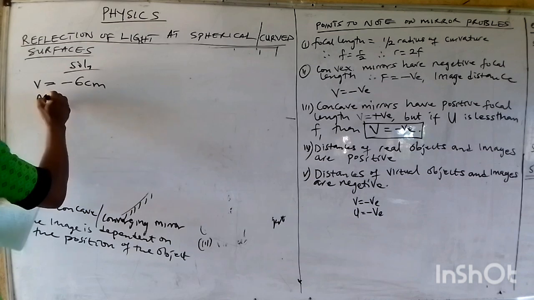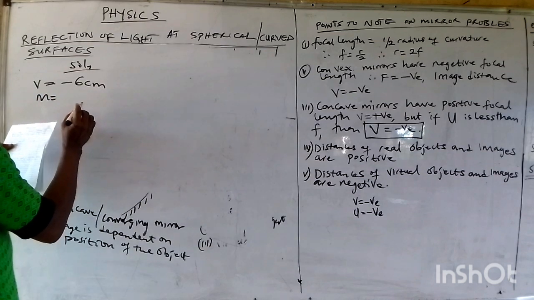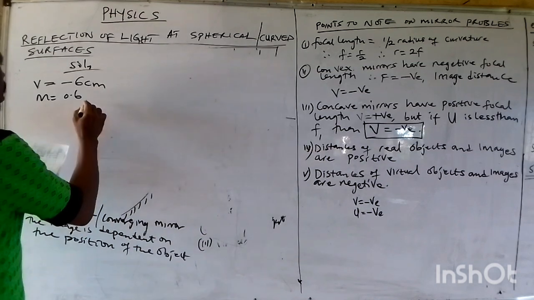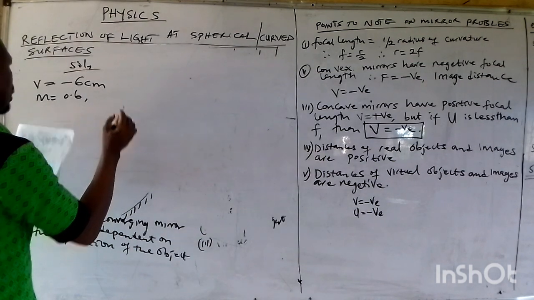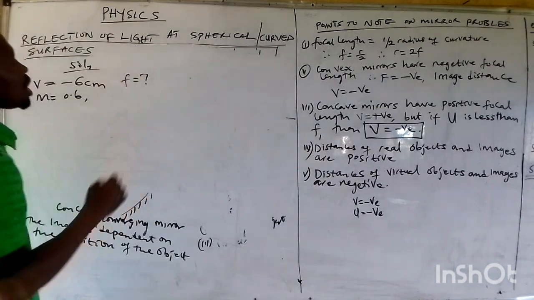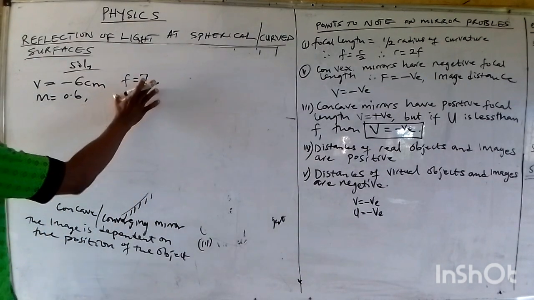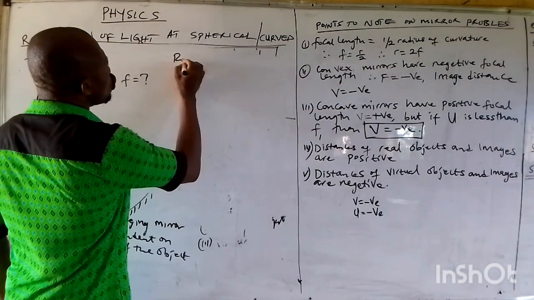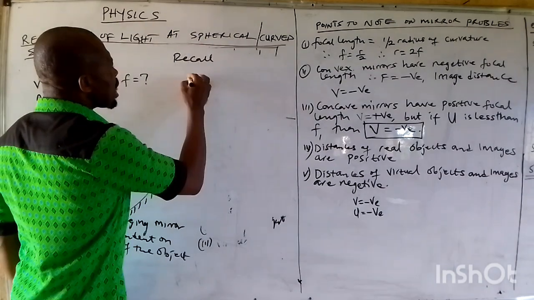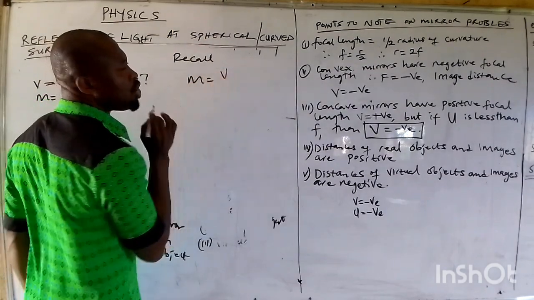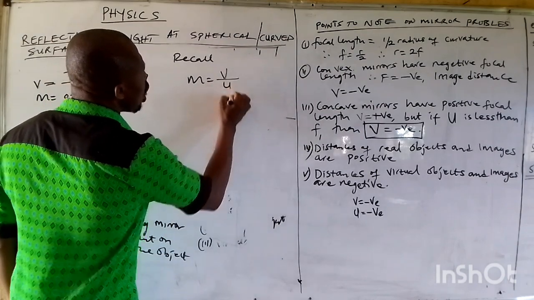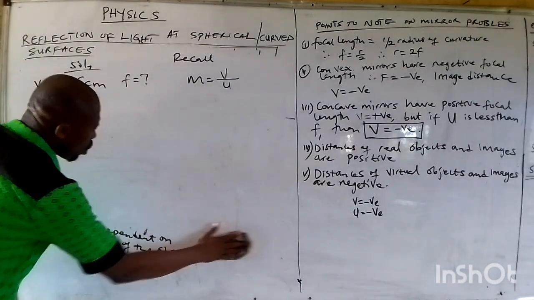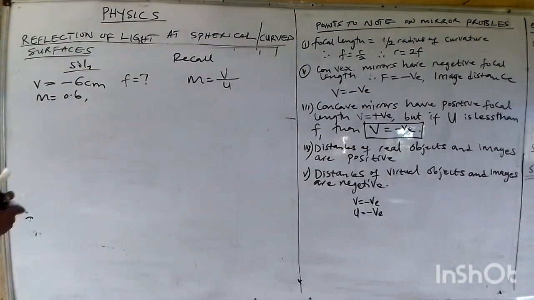Here they say the magnification is 0.6 and nothing else. So we are asked to calculate the focal length of the mirror. F is unknown. Now, how do we tackle this problem? I want you to note that magnification is image distance all over the object distance. Now, once we have that assurance,